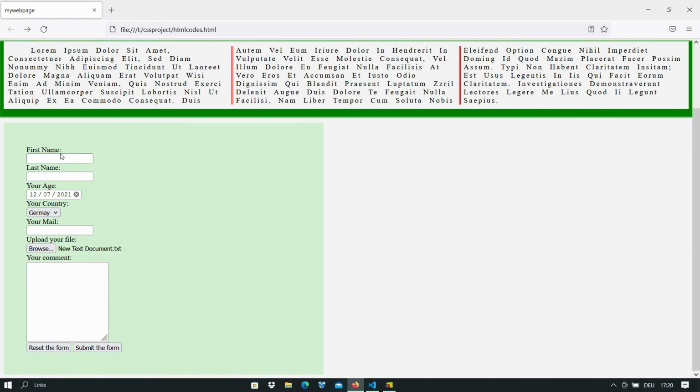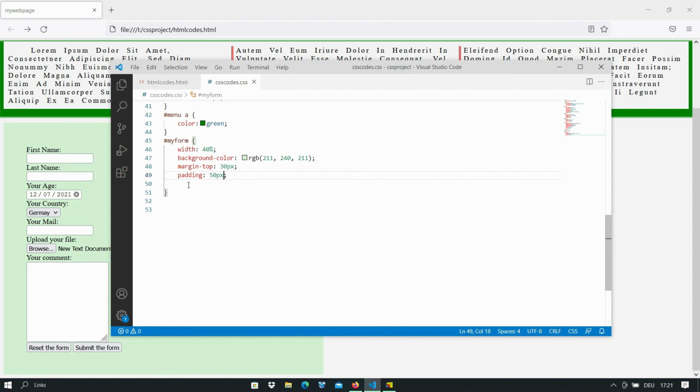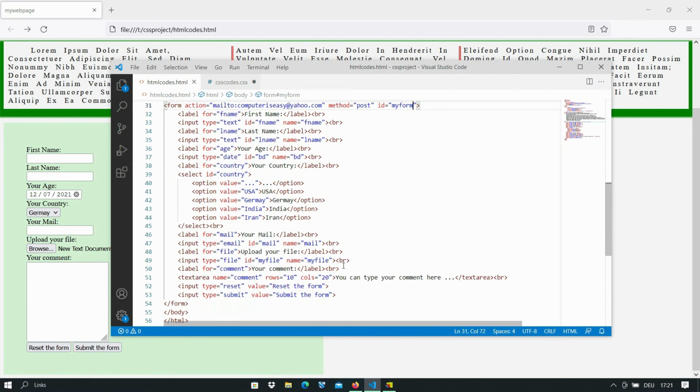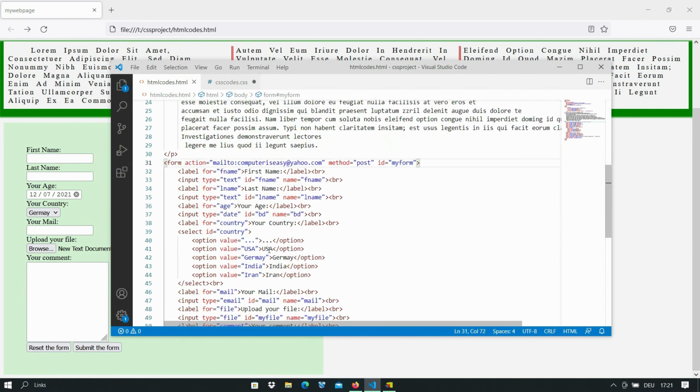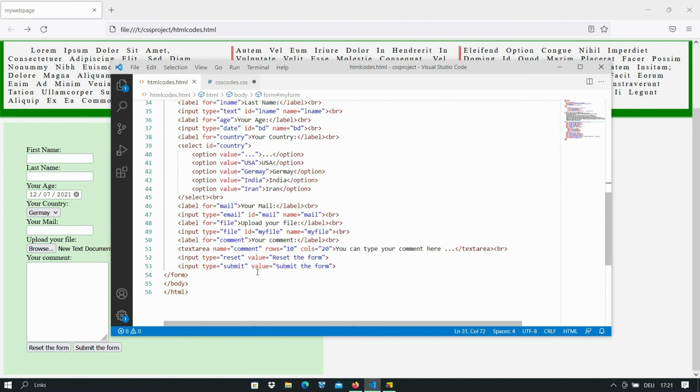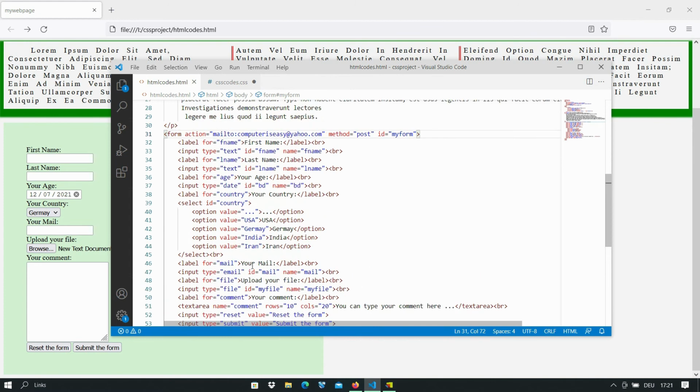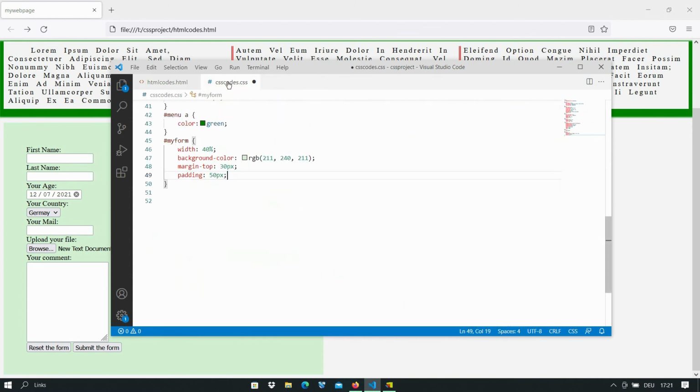Now here you see that they are near each other. Here we also need some places between these things here. Okay, we go back, and here we had most of the things or input. Most of the things are input here, so it is okay if we set a margin for the input. For example, we say